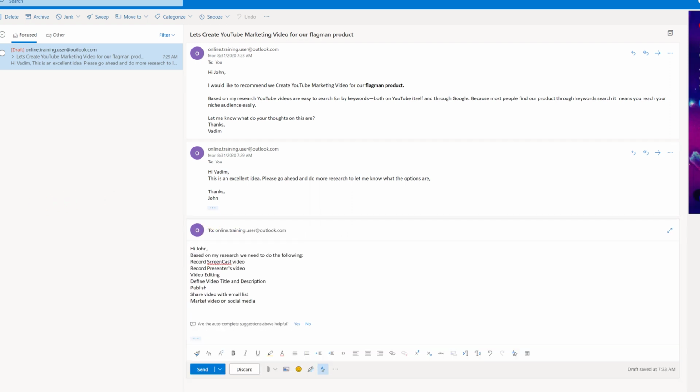Now time passed and I had time to complete my research. I click the reply button and I'm replying back to John. Based on my research, we need to do the following. And it lists 7 different tasks of what we need to complete. Now it looks kind of plain, so what I'm going to do is select all of my tasks